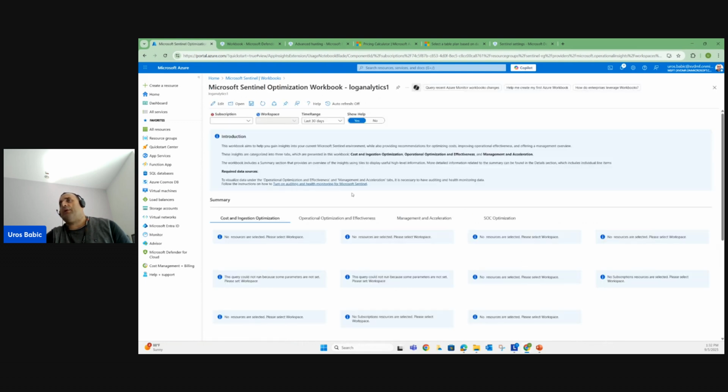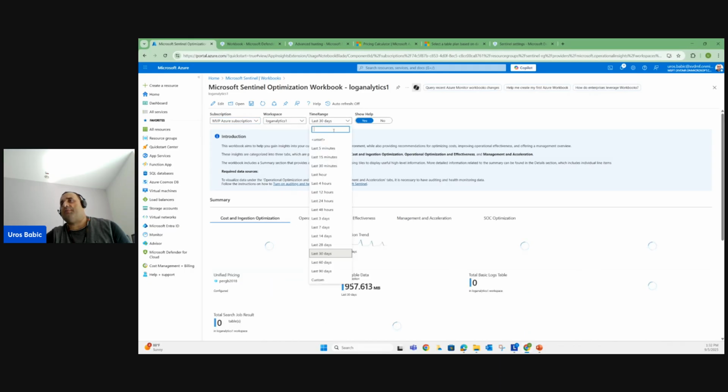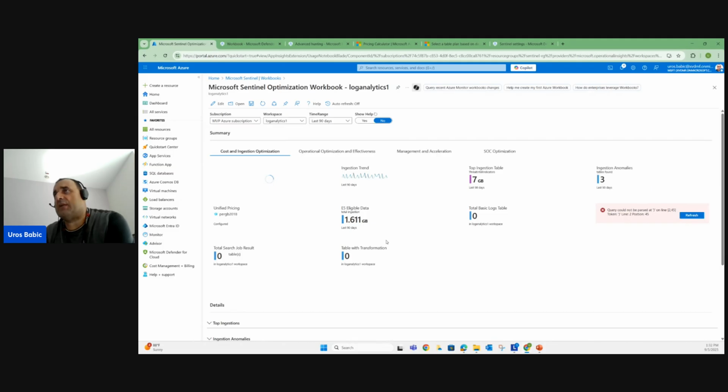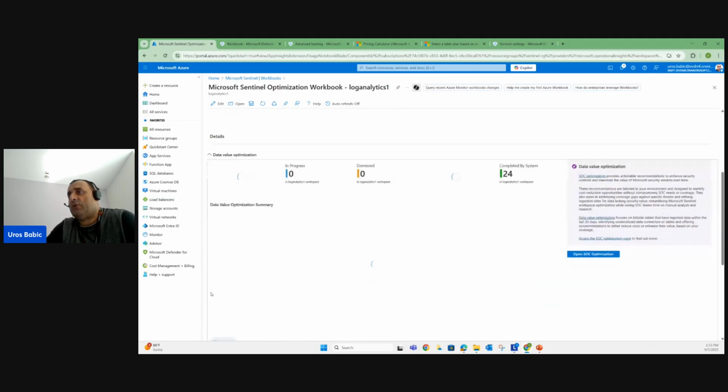Regarding my log analytic, I can define my subscription and log analytic workspace with the time range, and it is amazing. You have many tabs for cost ingestion, optimization, operation, effectivity management and acceleration, SOC optimization, data value,